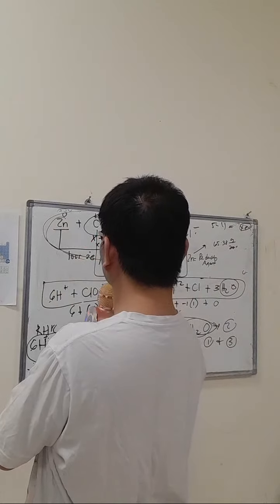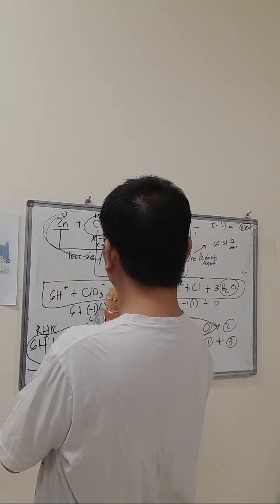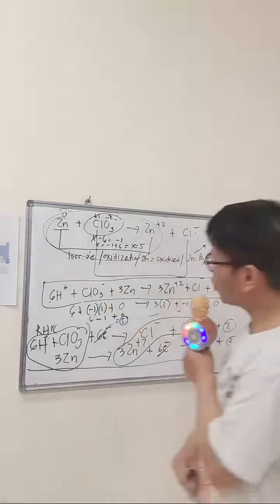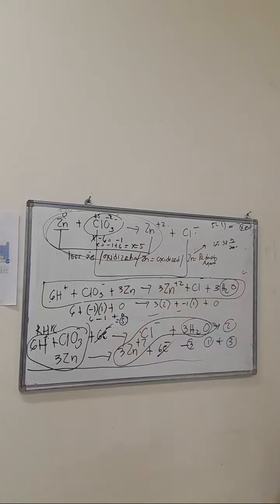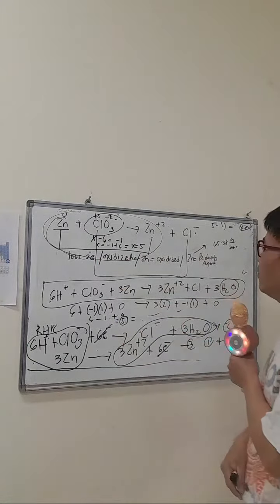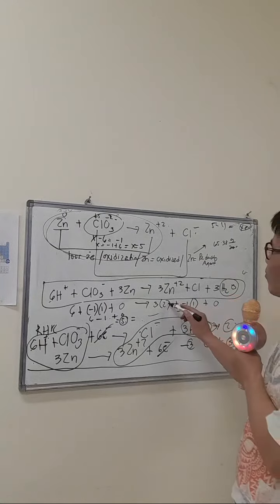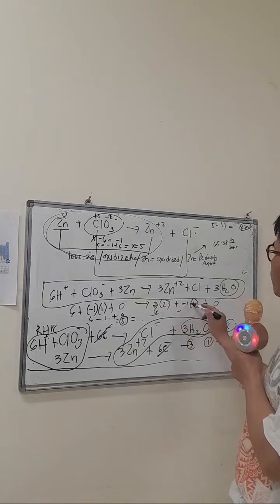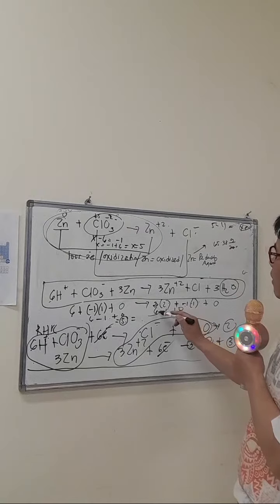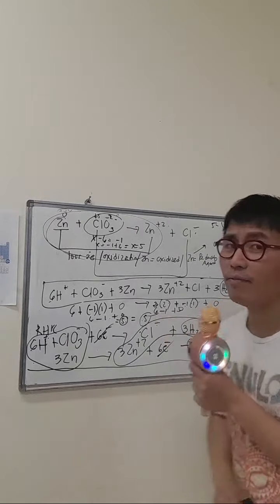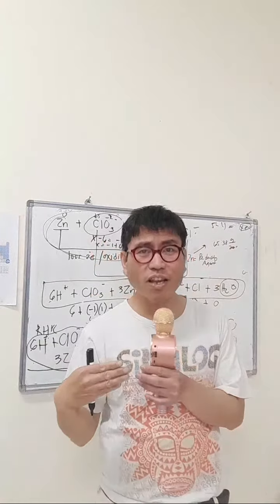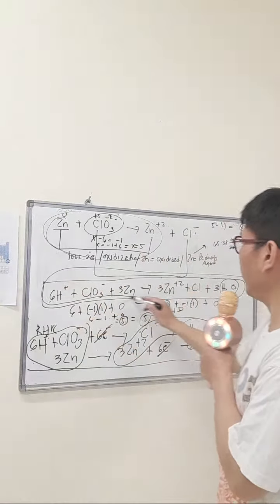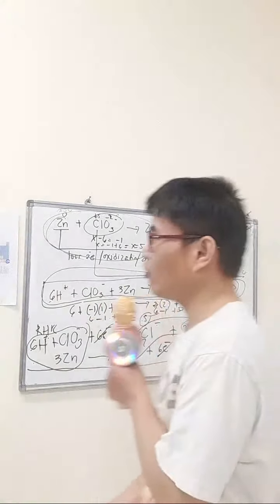6 minus 1 plus 0 is equal to 5 in the left. There is a total net charge of 5 in the left. So it should be equal to the right. So 3 times 2 is 6. 6 plus negative 1 times 1 is negative 1, plus 0. 6 minus 1 is 5. Oh, perfect. 5 is equal to 5. So the charges are balanced and also the atoms are balanced. So this is the correct answer in the 1983 CHE board examination in the physical and